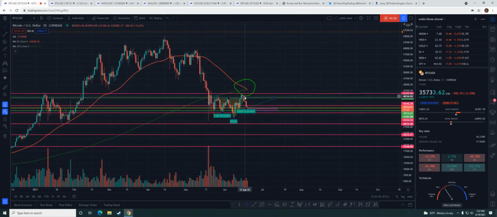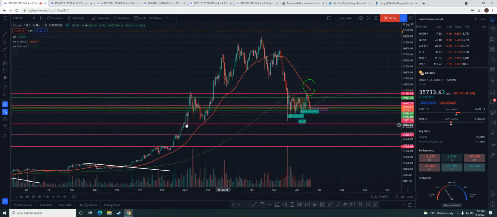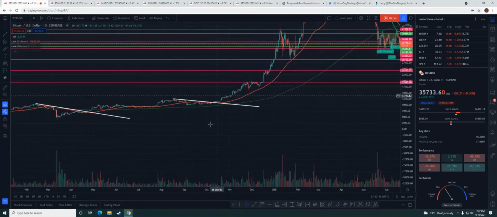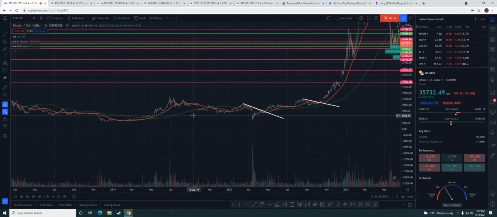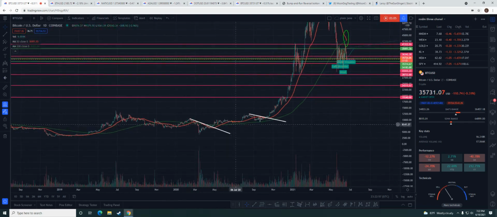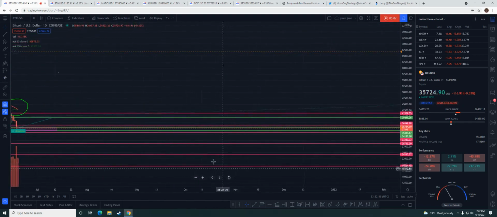Is it that big of a deal? No, I don't think it's that big of a deal. You can see here on the death crosses, okay? Let's see. We had one right here, we did come down. Okay. But then look, we busted right back through it. And this is where my bump and run's going to come into place.